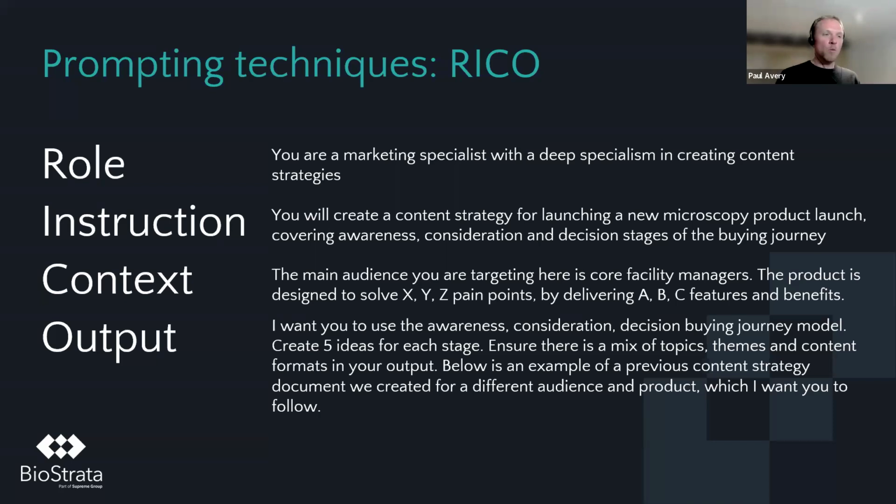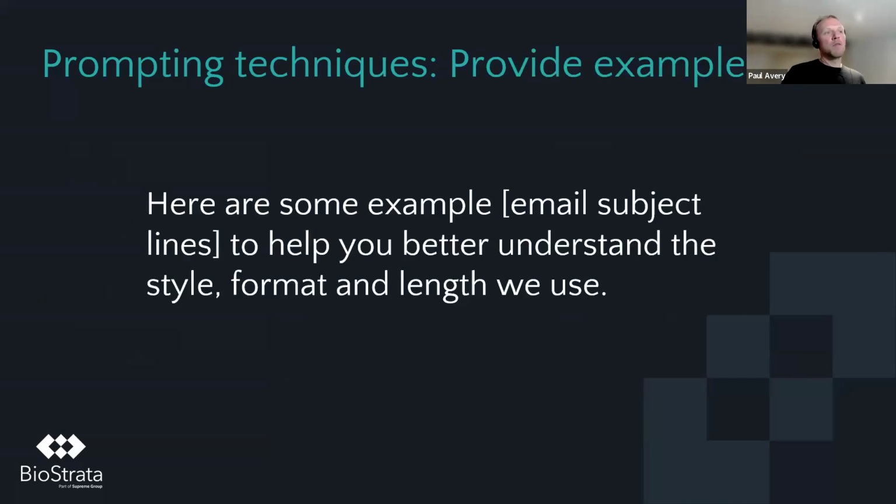If you've been putting in single prompts, getting bad results and going, oh, this doesn't work, this is why. Have a conversation with the tool and give it feedback. As part of this, you can improve your results even further if you actually give it some examples of what you want it to do. So if you have 10 subject lines for your business that you know have worked really well for your email marketing, give it to the tool and have it use those when it's coming up with new subject lines, because it will, in essence, use that to inform the ideas that it comes up with.